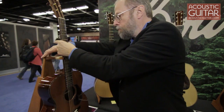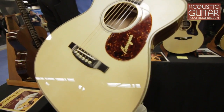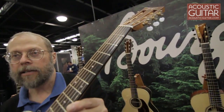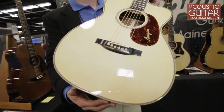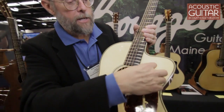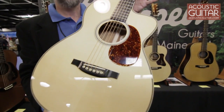And finally, we have a 12 fret OM with a cutaway, an Adirondack top with a very mild bear claw pattern. I like to say that bear claw in Adirondack is as rare as confirmed sightings of Elvis. By the way, these are pickguard protectors. All of our guitars do not come with the logo inlaid on the pickguard. So,